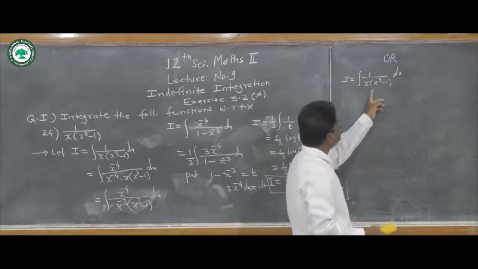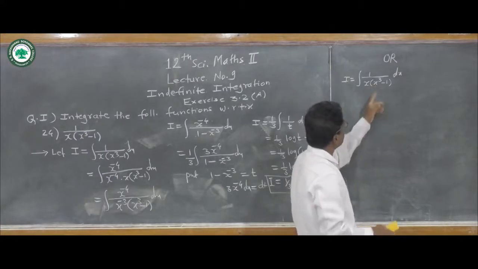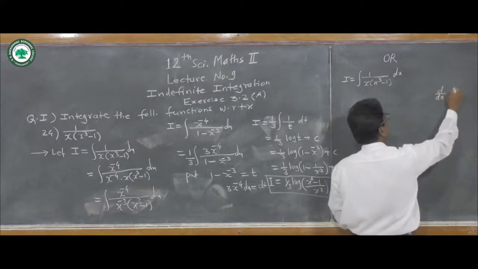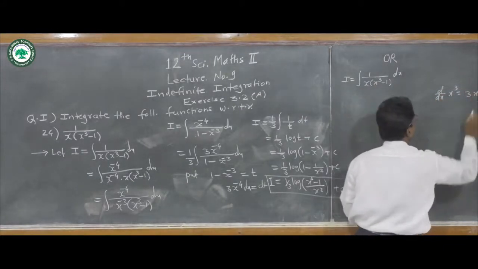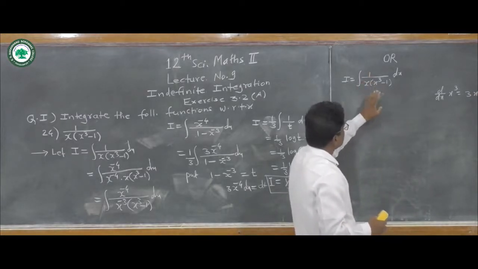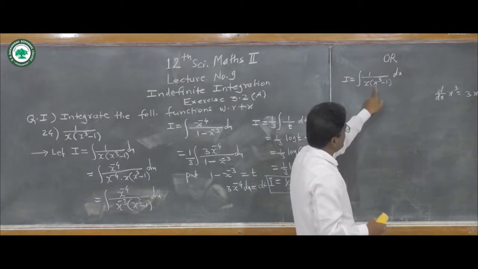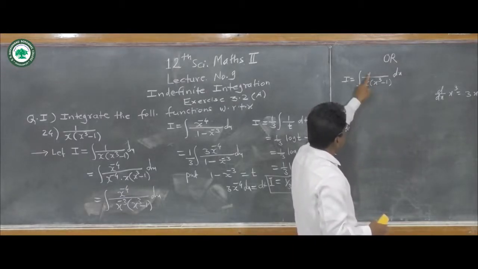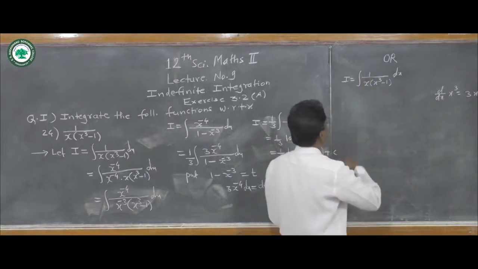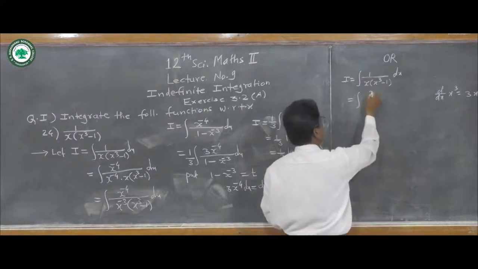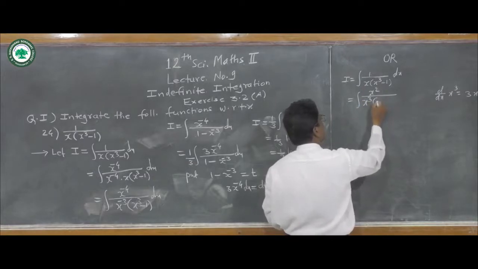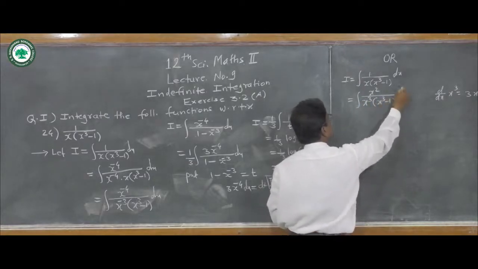Now here if we take directly the derivative of x cube, d by dx of x cube, that is equal to 3 into x square. So we adjust x square in the numerator, because we have to take the substitution for x cube, suppose. So we multiply numerator and denominator by x square. So it is equal to 1 into x square, that is x square, divided by x into x square, it becomes x cube, in the bracket x cube minus 1 as it is, dx.